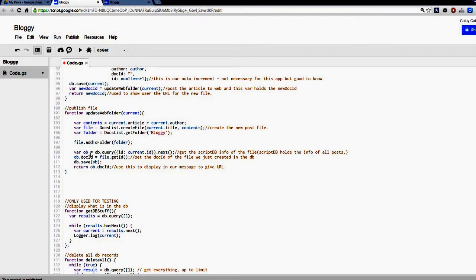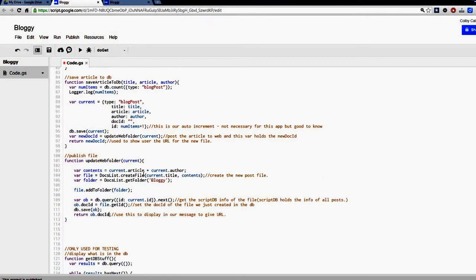And then down below that we have a variable OB, and what I'm doing in here is getting the item within our script-db, which it's already been saved to. I'm going to select the item that has our current ID inside of our script-db database, and what I'm going to do is I'm going to set that doc ID. If you remember I left it blank before, well now I'm going to set it. Now we've created our new file. The new file has its unique doc ID, so I'm going to get the ID of that file and put it into that object, and then I'm going to save that object, and then I'm going to return the doc ID. So let's go back up here where we called update web folder,